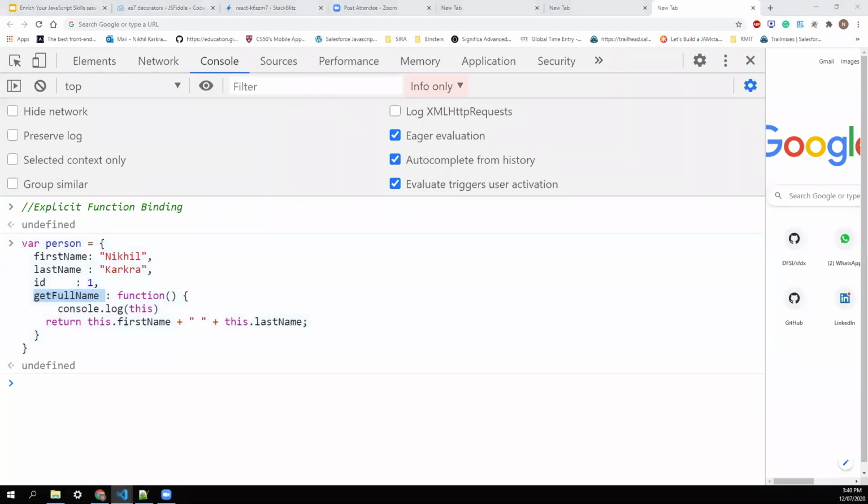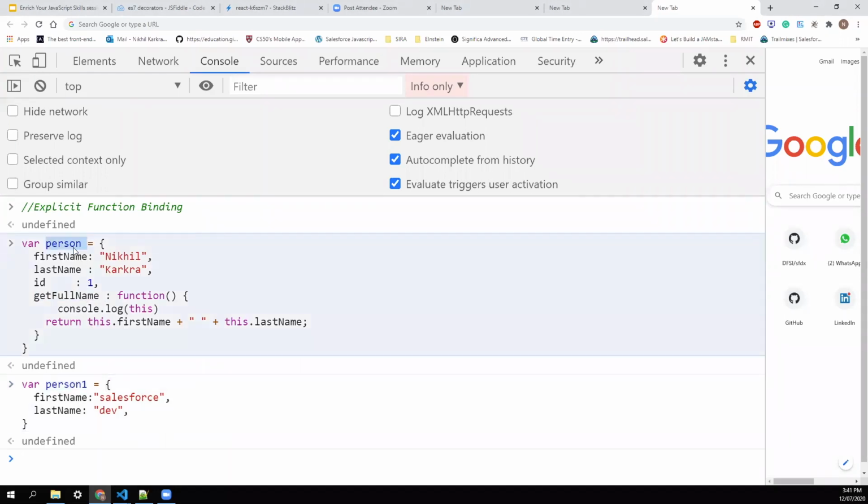Now I have another object called person1. This object doesn't have the getFullName method, but I want getFullName to receive the context of person1, not person. To set the context from one object to another, there is a method called call.